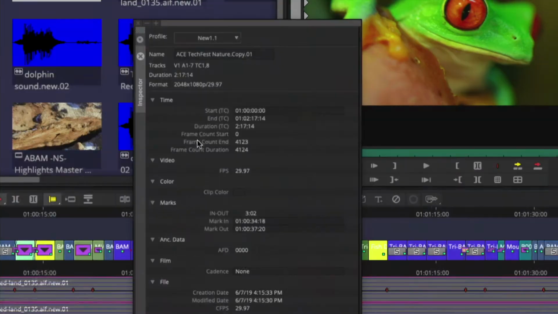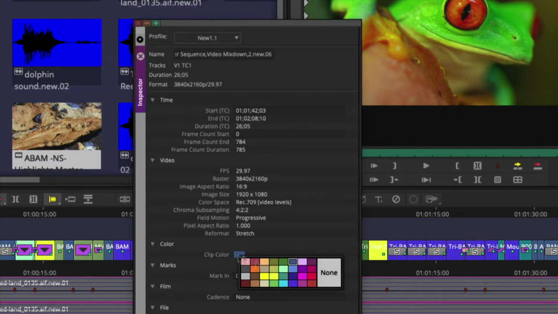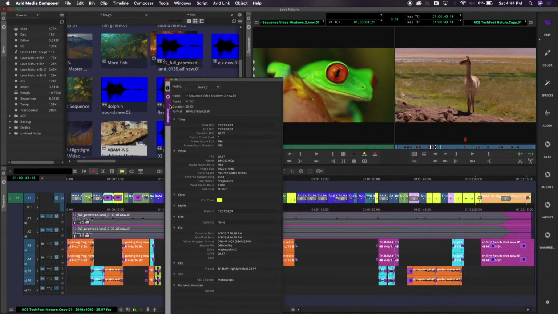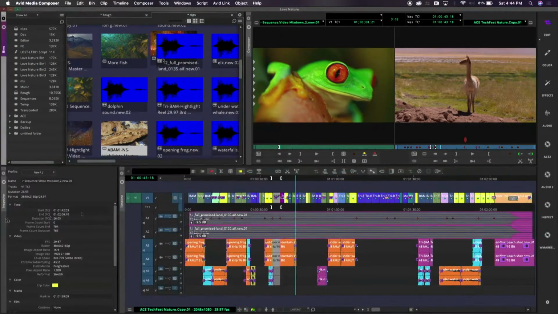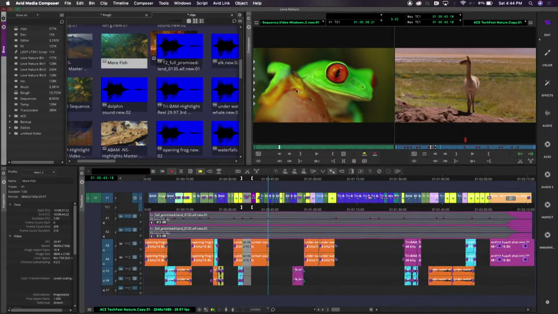So if I take a closer look and I select this clip, you'll see that it gives me time code, it gives me tracks, duration, format. I can change the clip color. I can actually change things here that affect that clip where I'm getting that information. And I can take that Inspector tool and drop it into my layout. So that can be on at all times as I'm moving around and having it follow my selections,